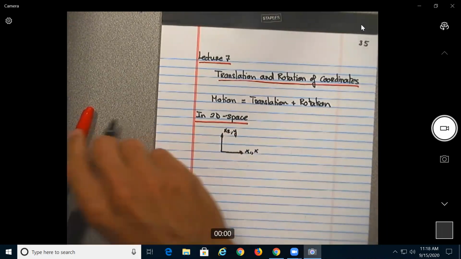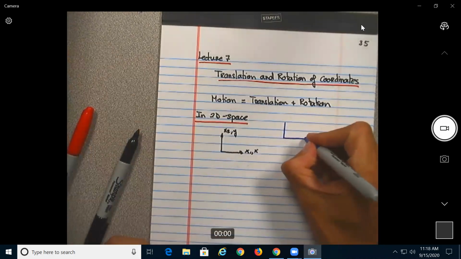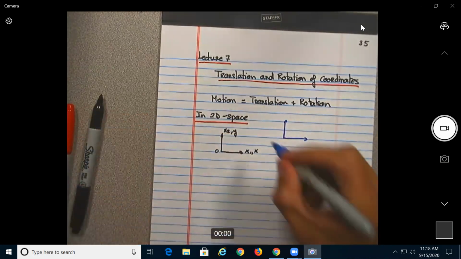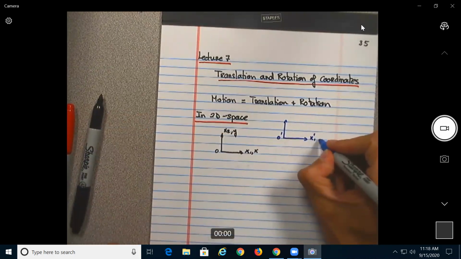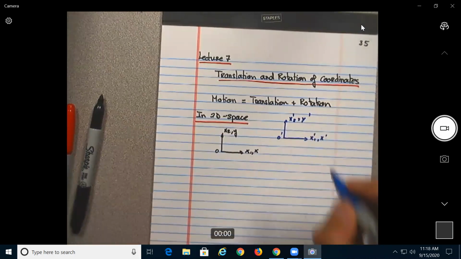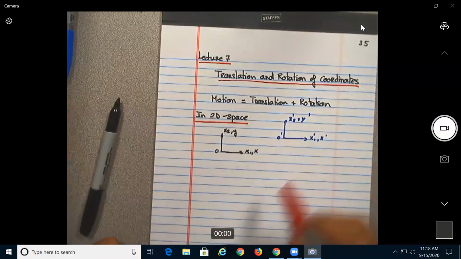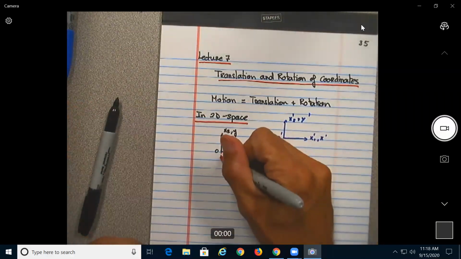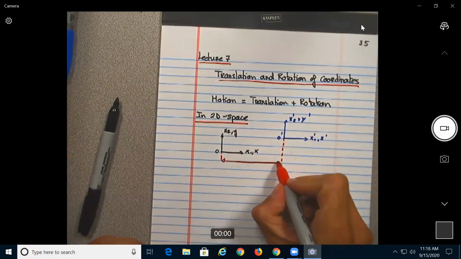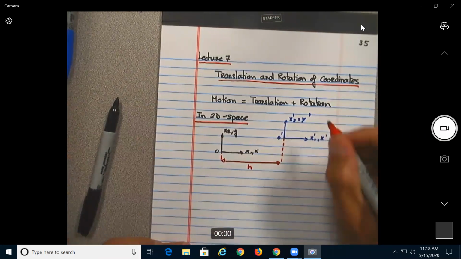And now we're going to look at the motion into a different coordinate system here. Maybe put here O, that would be easier. And this would be O prime, with x prime 1 and x prime 2, or y prime. Let's say this has moved a distance in the horizontal direction, let's say h, and on the vertical direction,